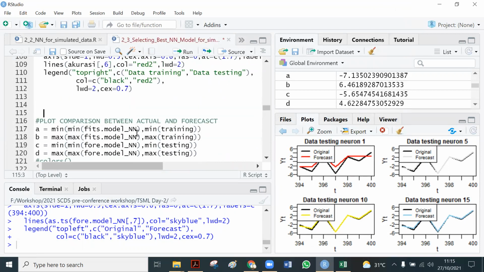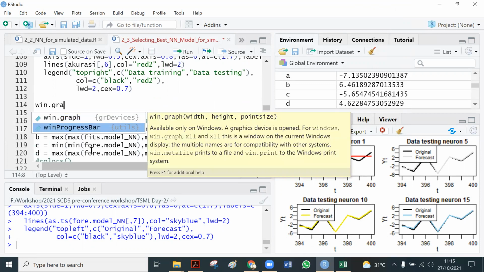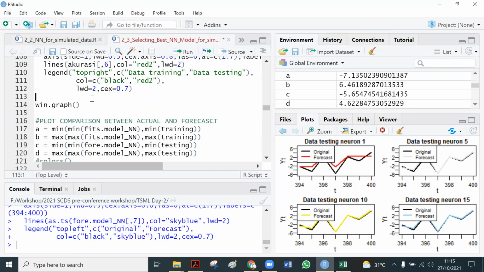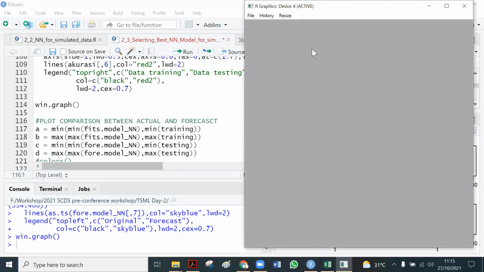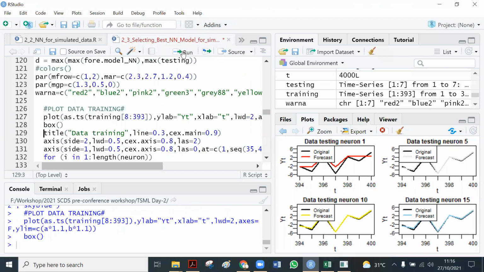We can write like this: win graphs, okay, win graphs. So when we execute this command, run, then we have the window outside the RStudio, right? Then I think it is big enough to display all the components inside the graphs. Let's do it. Okay, now we have this. Okay, let's see in the plot.